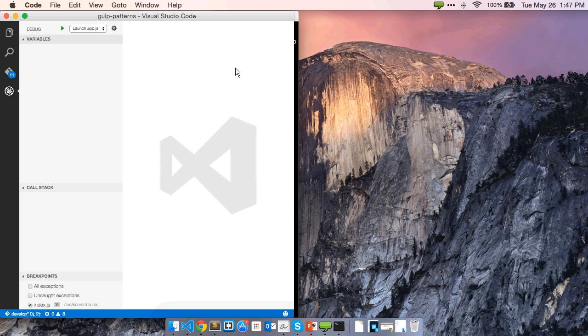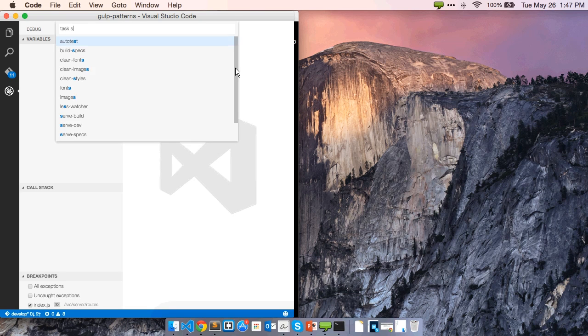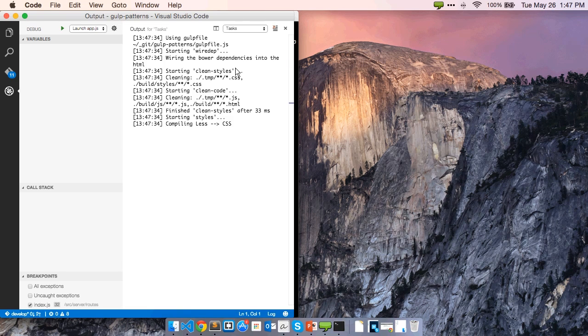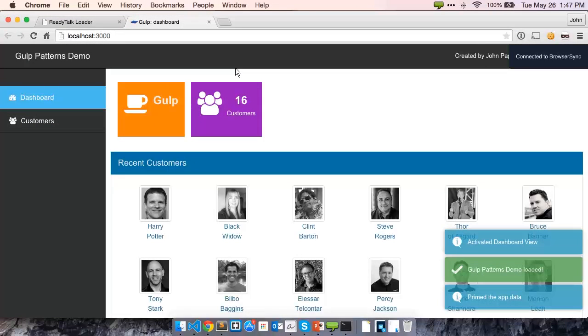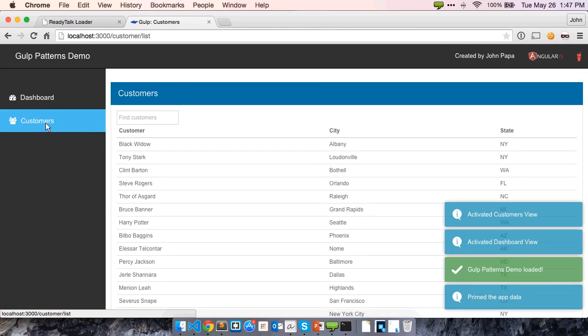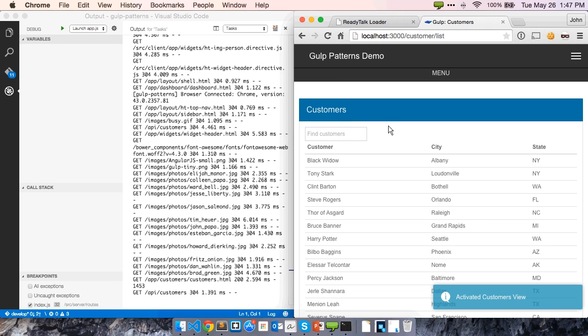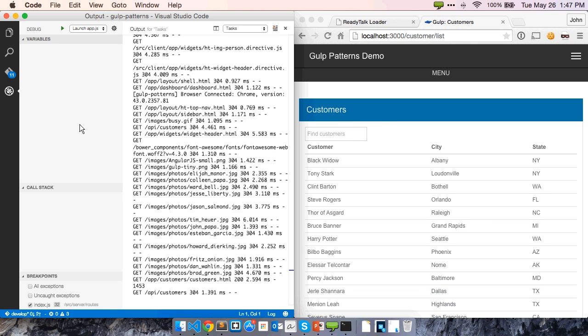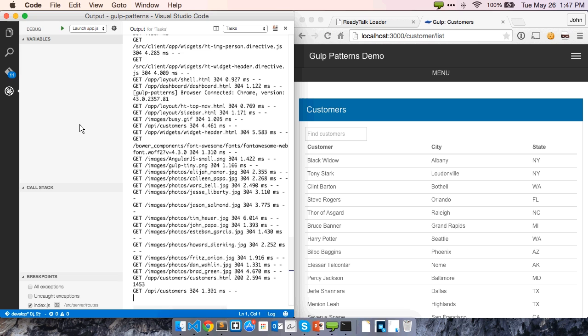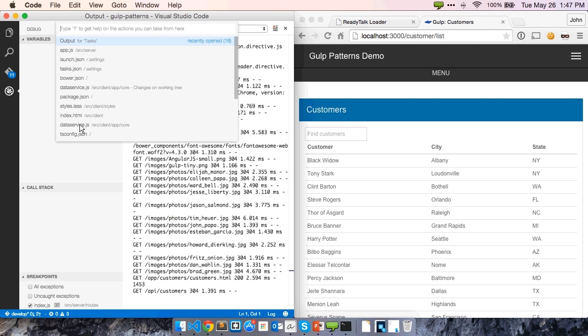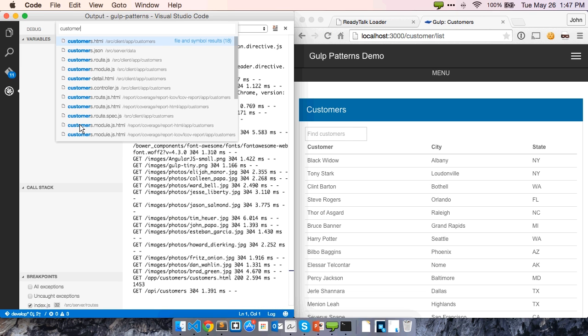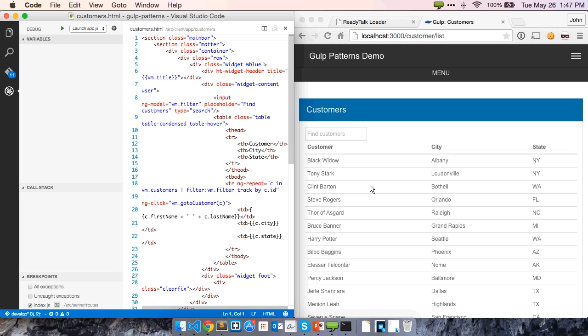So now we've done that, and let's go ahead and run our task, and we'll run serve dev. And you can see the output piling up, and then you can see the window opening up, and therefore my app is running live. Now what's nice about this for my workflow is I can keep the app open over there, and now I can go back inside of Visual Studio Code, and I can say, let me go find, I think this is called customers, HTML,